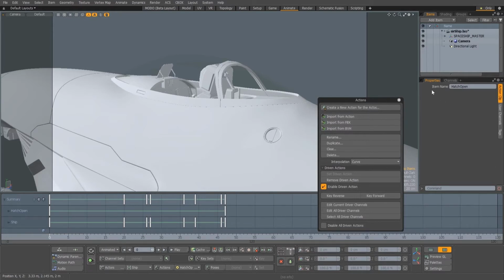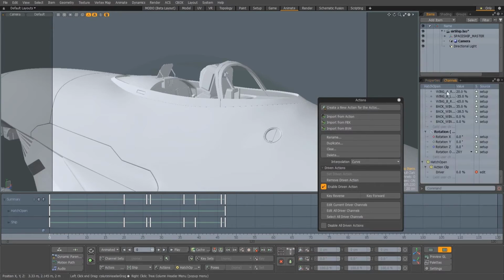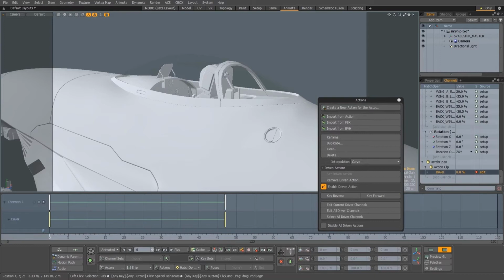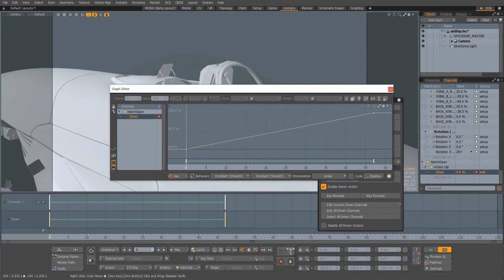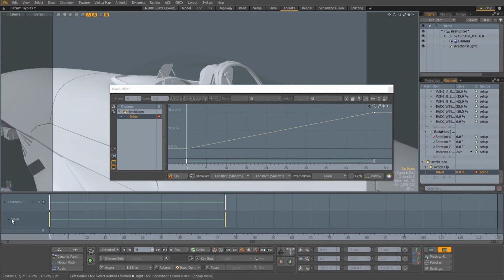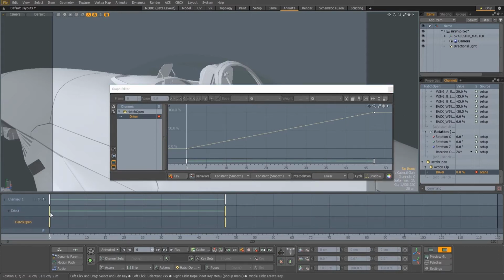Creating a driven action creates a new channel in the scene which contains the animation from the action. This channel is defined by just 2 keyframes and is a linear percentage channel spanning the length of the animation. The keyframes in this channel can be moved anywhere in the timeline. This allows the action animation to be placed where you need it relative to any other animation in the scene